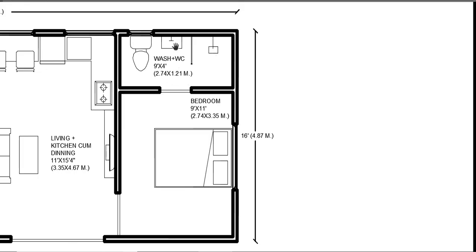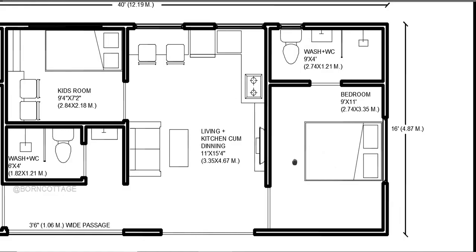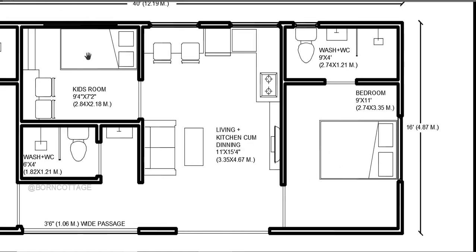You can see here the wash basin, water closet and the shower area, and we have a ventilator for ventilation of this washroom. After that we'll go on the left side. So we have kids room here. The size of this kids room is 9 feet 4 inches into 7 feet 2 inches, in meters 2.84 into